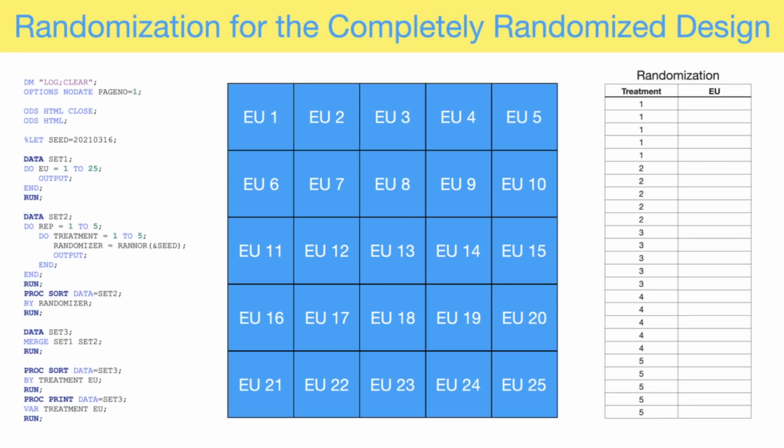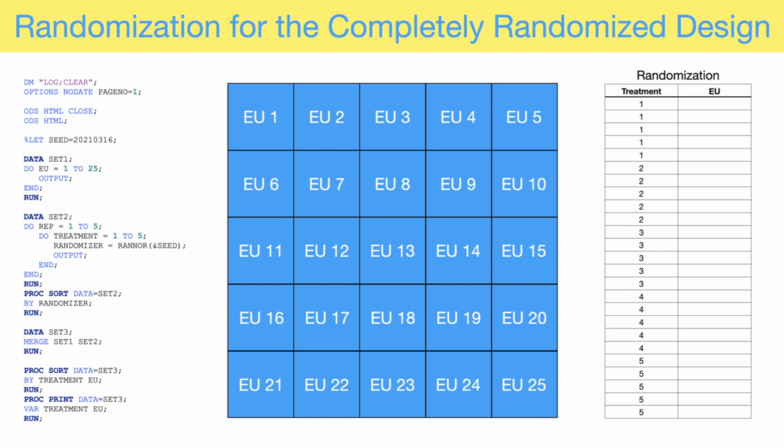And so this can be accomplished in a variety of ways, which we've discussed in previous lecture videos. You could use a process that is as simple as pulling slips of paper out of a hat, or you could use a statistical program, or some other type of program that generates pseudo-random numbers to perform the